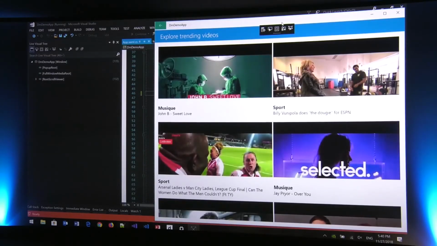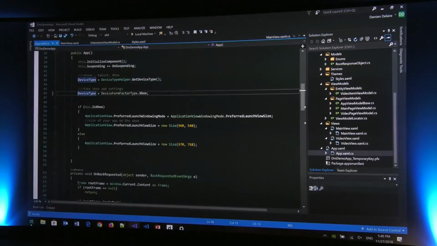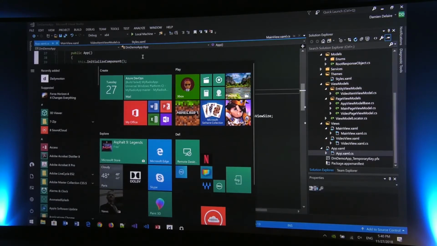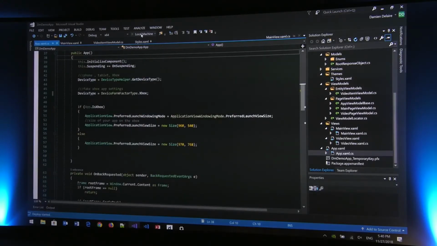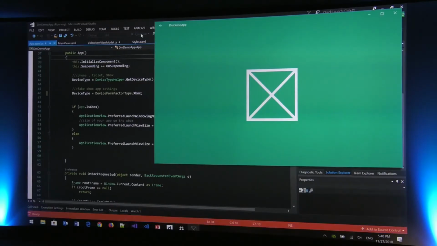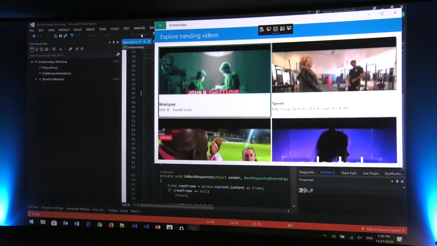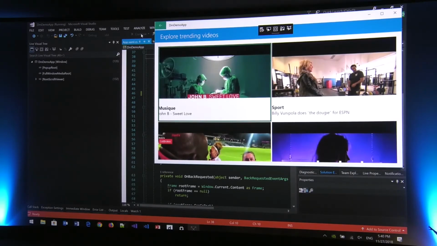Okay, that was a fail. All right, that's much better. So this is how the application will render on the Xbox. As you can see, I've got the focus on the first one. If I go down,